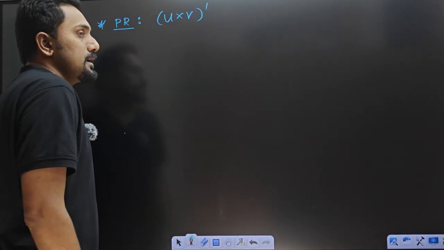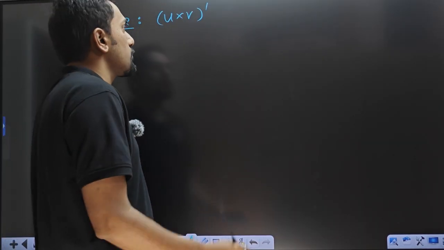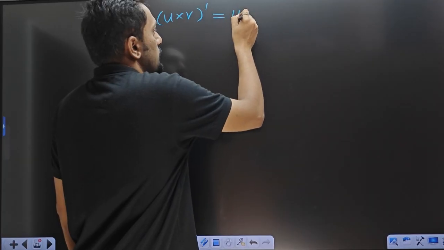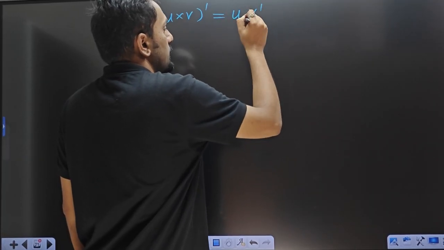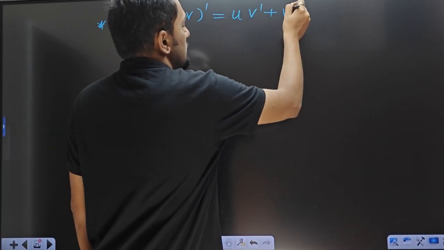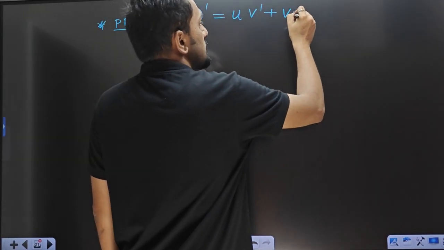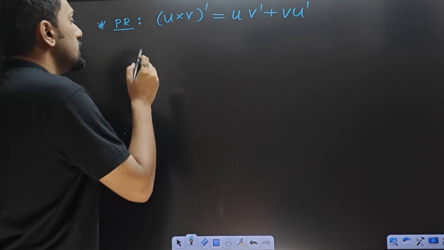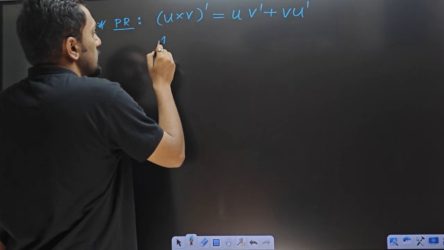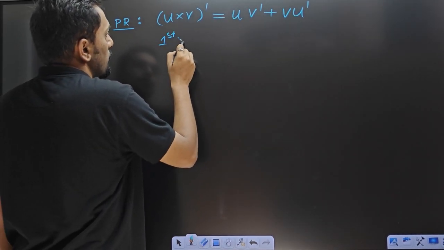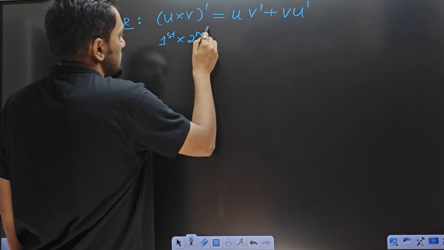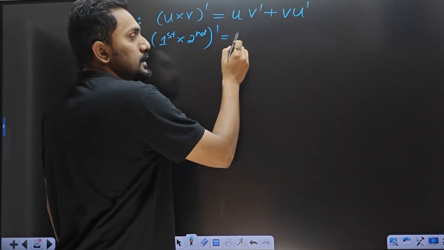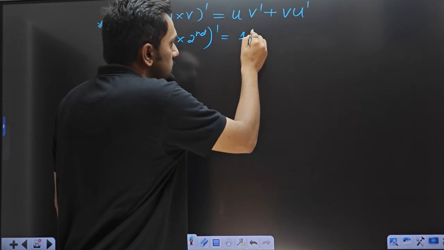If I need to differentiate the product of these two functions, we will keep u as it is, find the derivative of v, plus we will keep v as it is and find the derivative of u. You can remember it as: if there is a product of the first function and the second function, then I should keep the first function as it is,